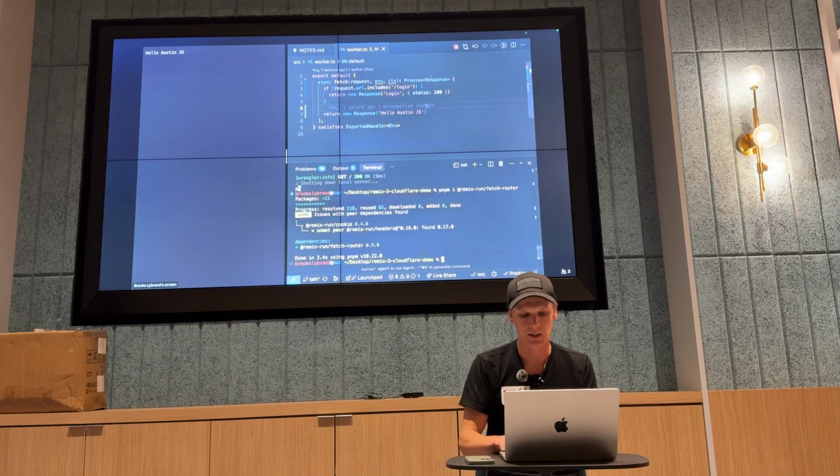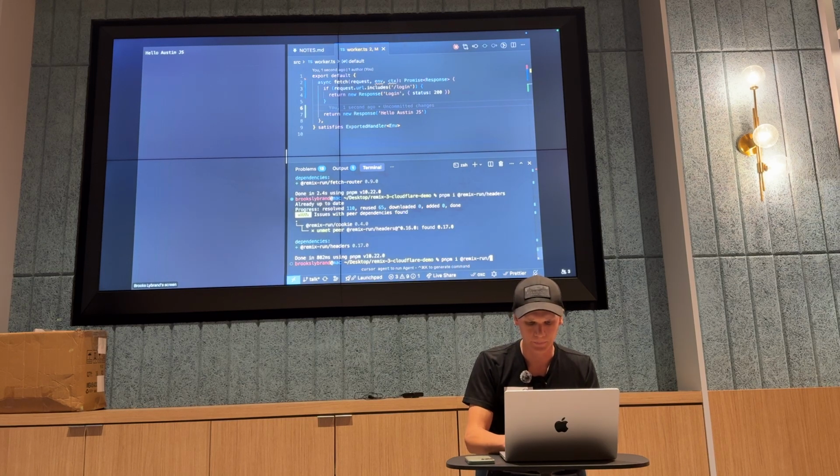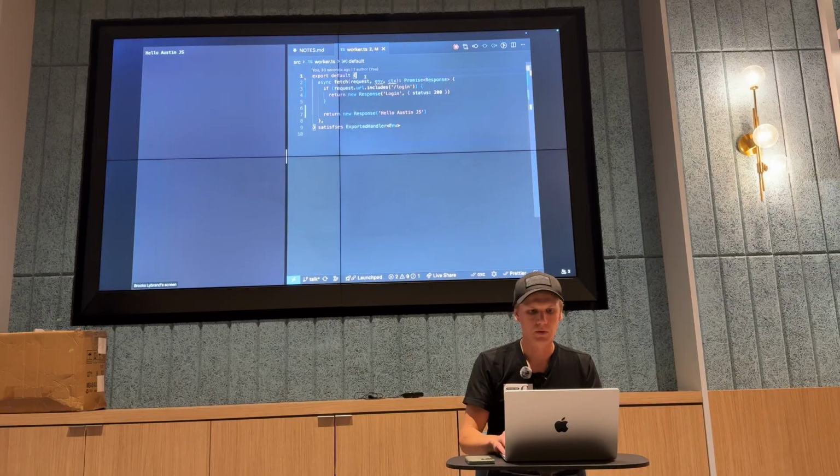So we have fetch router. It's going to tell us we need a few other things. We're going to go ahead and install the headers. That's a peer dependency it needs. And then I think that's the only one it needed, maybe. Oh, cookie, there it is. We'll keep installing more things later on. All right, so with this router,